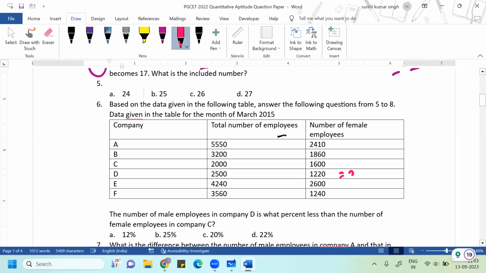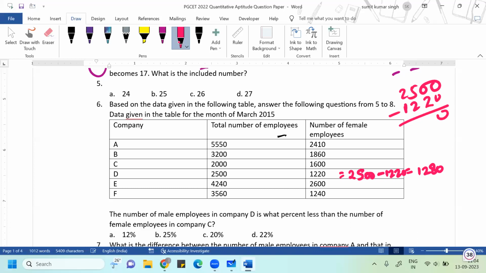That would be 2500 minus 1220. So 1220, this would be how much? 1280 if I'm not wrong. Okay, just do the calculation. 2500 minus 1220. If you do, how much you will get? You will get 1280, right? So what they're asking you, the number of male employee in